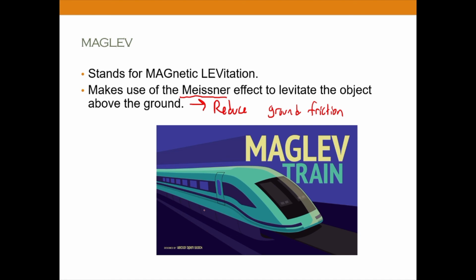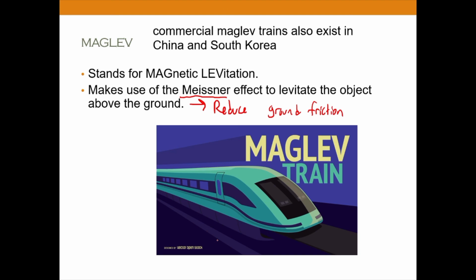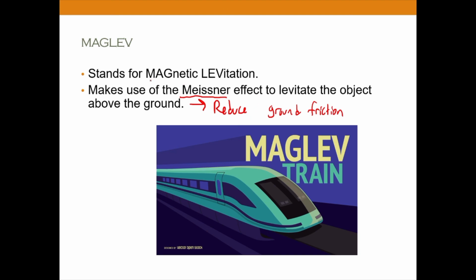The train will generate a magnetic field underneath it, which will then be opposed by the superconducting magnets of the rail track, and you can keep the train above the ground, which reduces friction, and it basically just travels really, really fast. As far as I understand, the best example of these trains is in Japan, and people have been looking to introduce maglev trains to North America, but the infrastructure necessary would require a lot of money to build. Alright, so there are some applications of